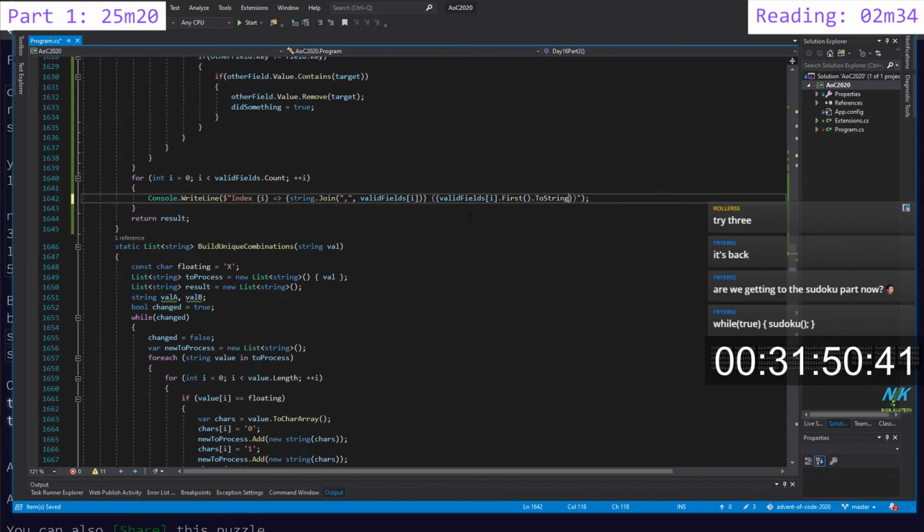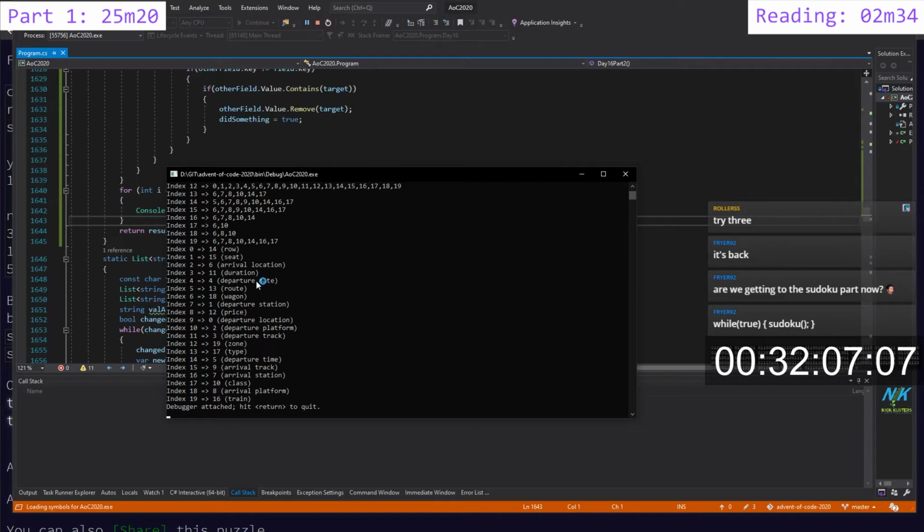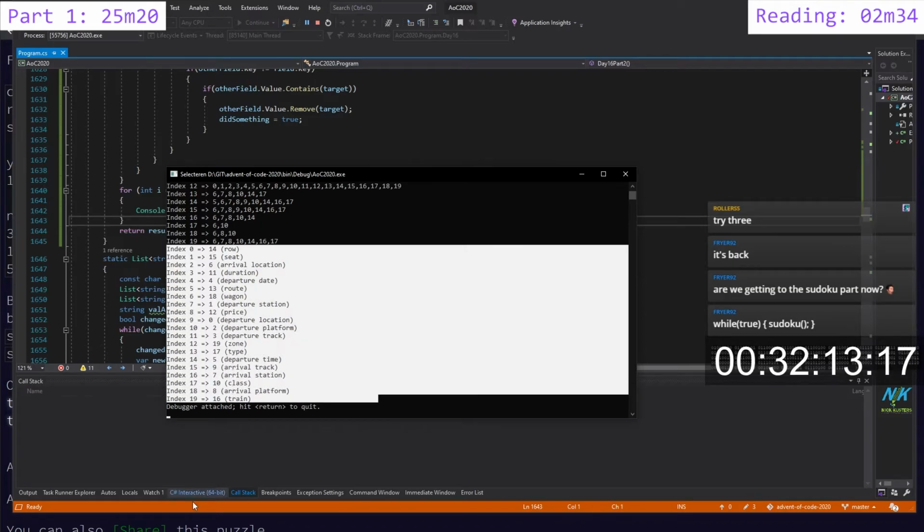First, and this will be fields name. So now we have those. So this is the input, the output. And now we need to figure out,